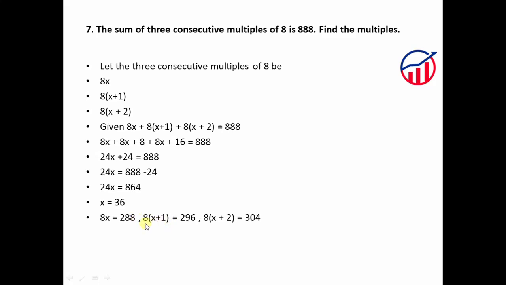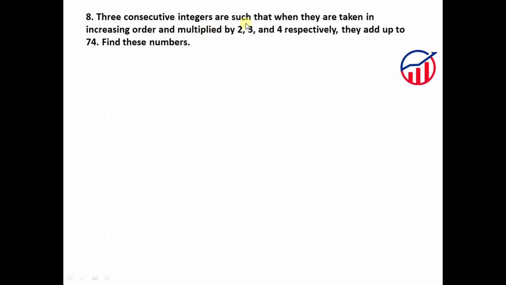x is equal to 8 into 36, which is 288. The second one, 8 into x plus 1, so 36 plus 1 is 37, and 37 into 8 is 296. Then this is 36 plus 2, 38, and 38 into 8 is 304. So the multiples are 288, 296 and 304. Three consecutive integers, question number 8: three consecutive integers are such that when they are taken in